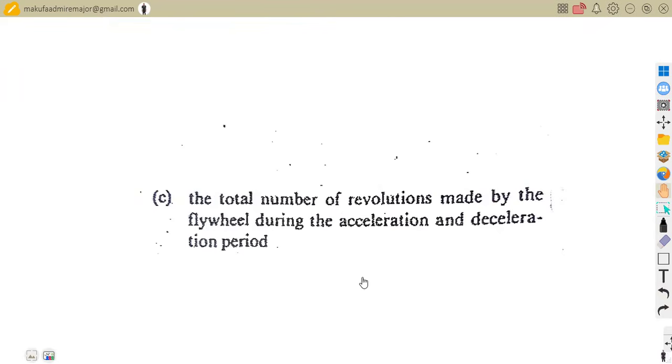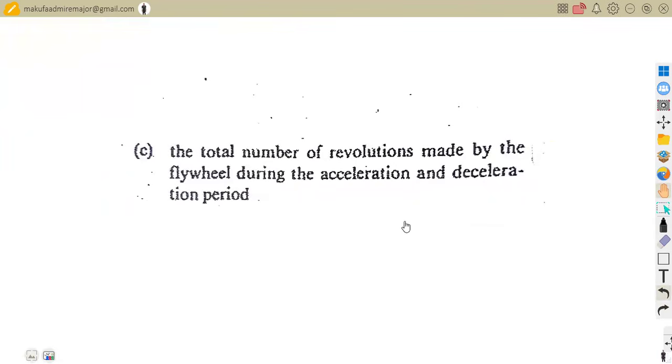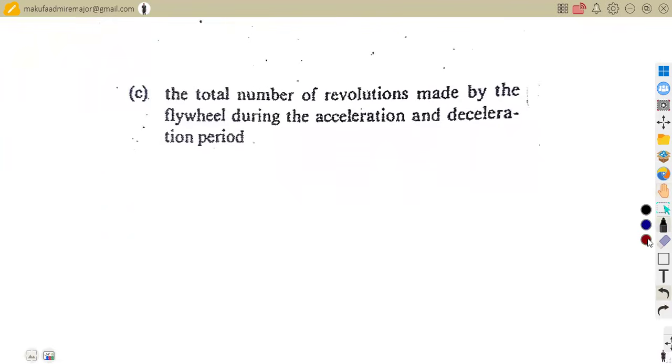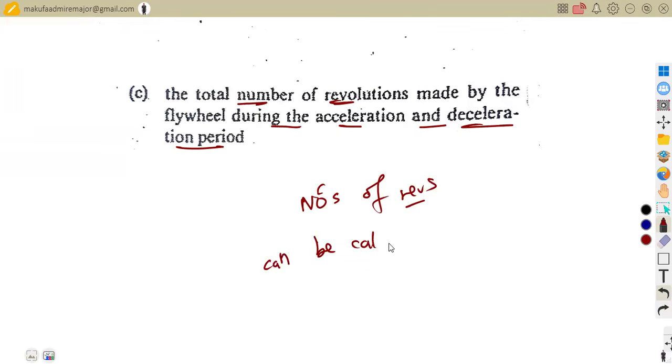Then the C part, they are asking us to calculate the number of revolutions made by the flywheel during the acceleration and deceleration period, during both. So we can calculate it from the average. Remember, this time we do not have N1, N2, so it is difficult. So in this case, remember we said the number of revolutions can be calculated